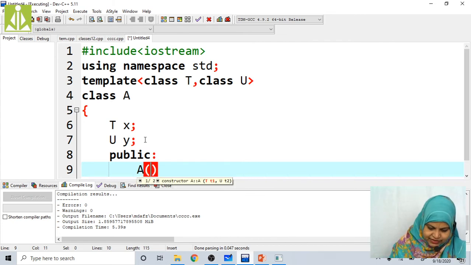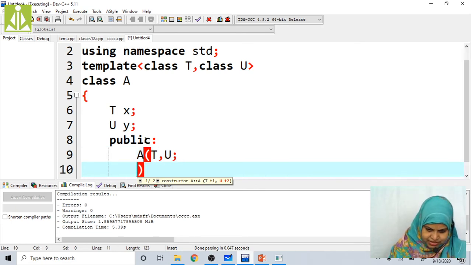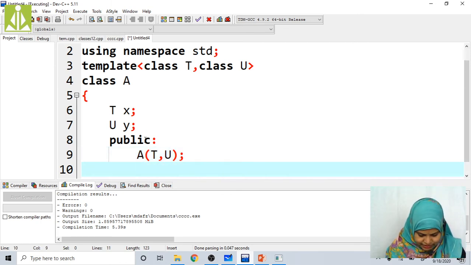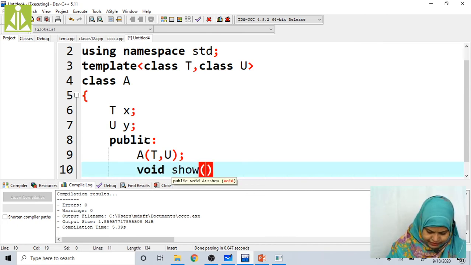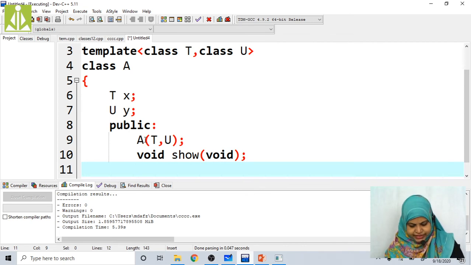This constructor has two variables, capital T and capital U. Next, one more method I am going to define, void show method. Void show, here I am not going to pass any variable, that's the reason I am going to pass void.